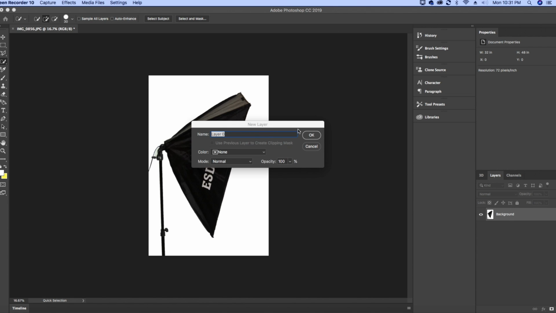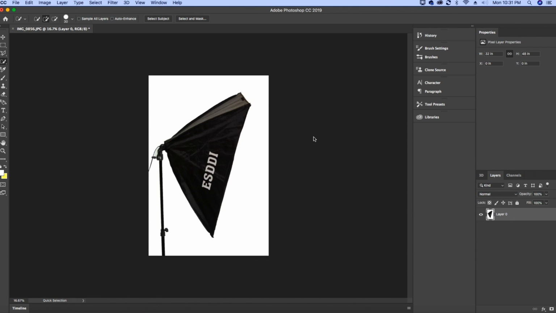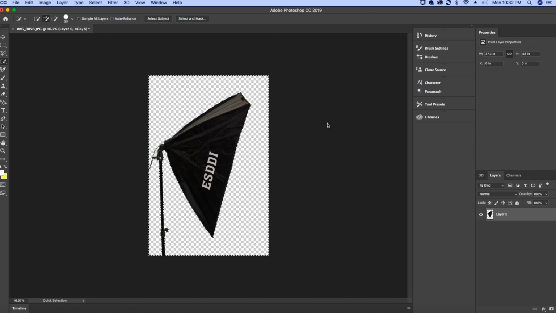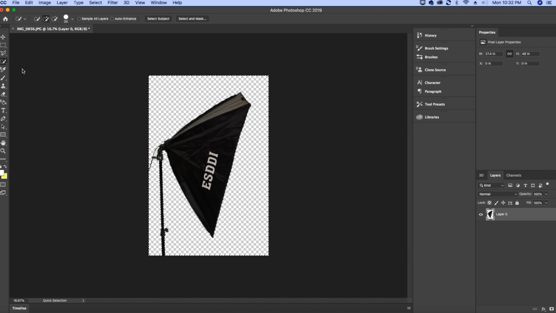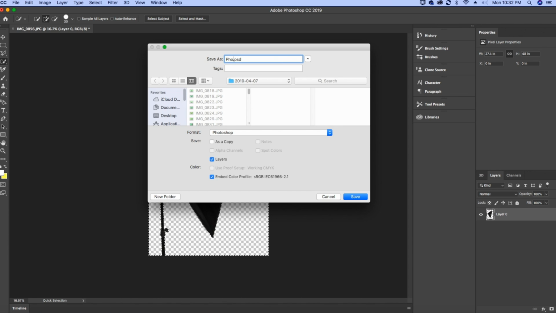Hit OK. So now hit delete again, and there you go. That is your image as a vector image. So when you save it, just save it to whatever file you want and keep it as a PSD file,